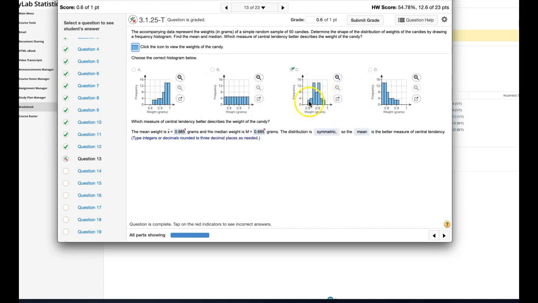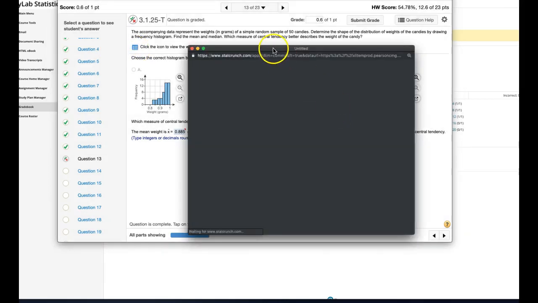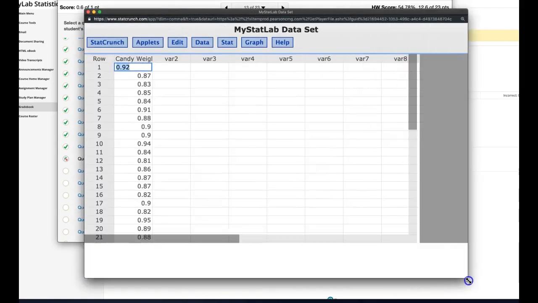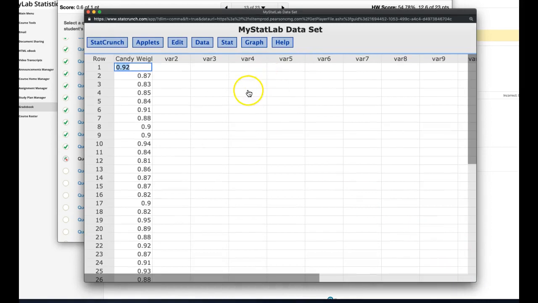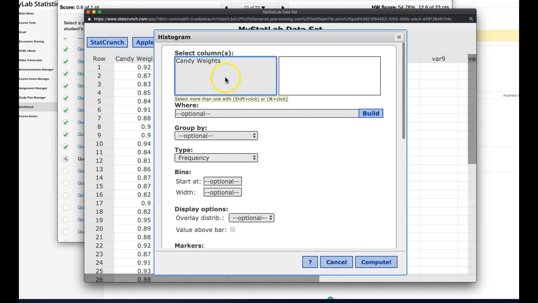that data produces this graph here. In order to do that, I'm going to open the data in StatCrunch. And so again, for this section, we don't have to do everything by hand. StatCrunch can be used. So the first thing we want to do is look at its distribution, and so we would create a histogram of those candy weights,